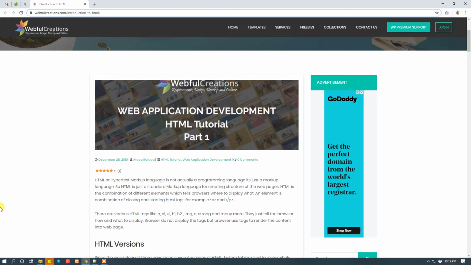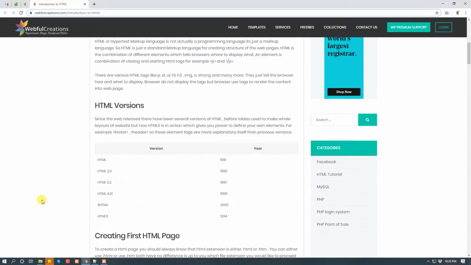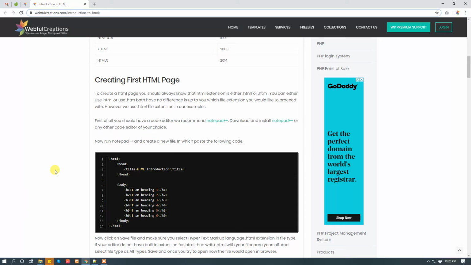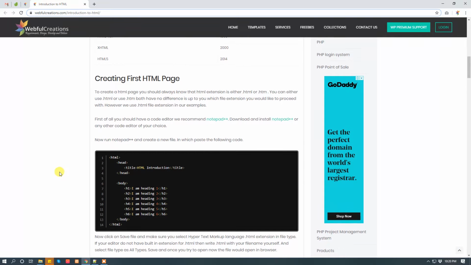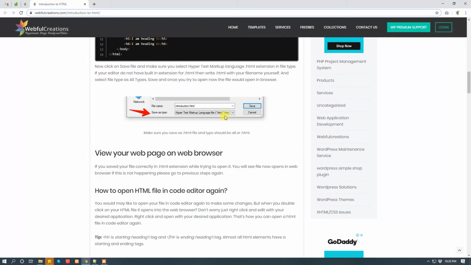If you have not done the practice of part 1 yet, I recommend you to go through part 1 and do the practice as much as you can. The practice is the thing which will make you a perfect web developer, otherwise there is no chance to become a web developer without practice. No matter how much you read and watch the videos, practicing coding by your own hands is very important. Alright. In the last lecture, we covered creating the first HTML page, saving an HTML file,